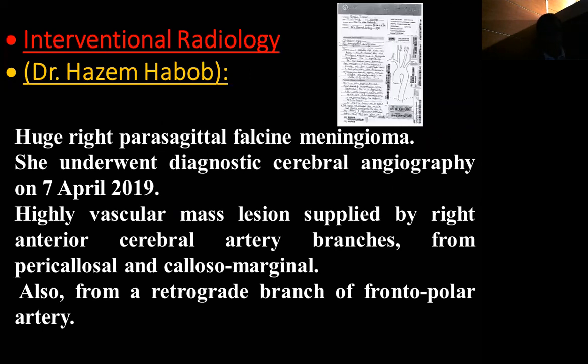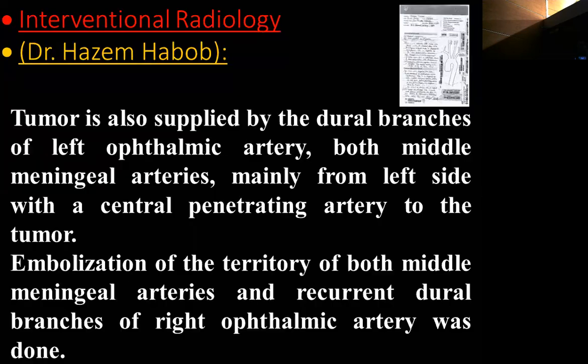Dural branches come not only from external carotid arteries, but they come as well from internal carotid arteries. There are a lot of pathways for dural supply from the internal. So it was highly vascular, supplied mainly by dural branches from the frontoparietal and pericallosal branches of the anterior cerebral artery, and from the callosomarginal as well. And usually there are anastomotic dural branches coming from the anterior frontal and from the pericallosal artery. Even there was a supply from the ophthalmic artery and from the frontopolar artery.